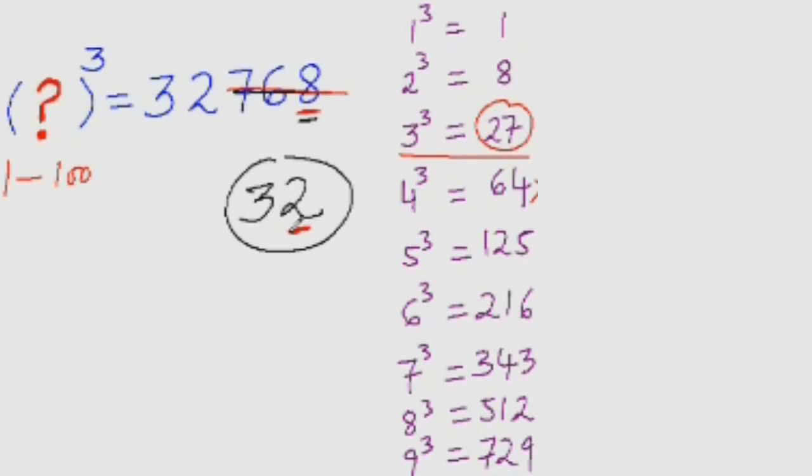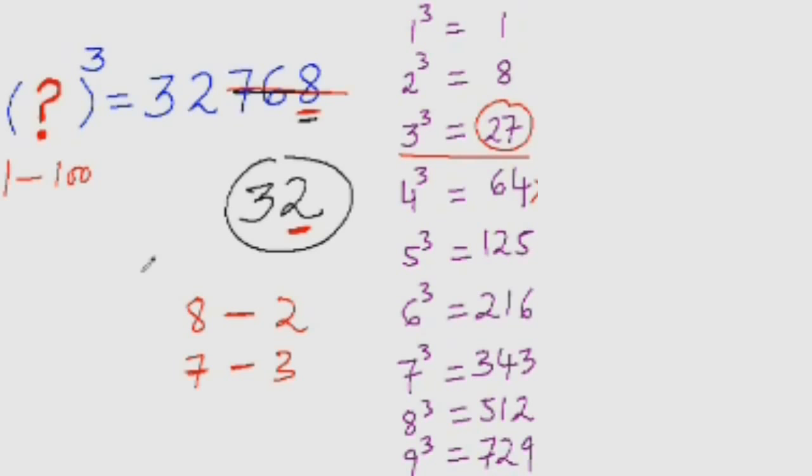Let me add here, if the last digit is 8, I told you to replace it with 2. If the last digit is 8, you replace it with 2. If it's 2, then you replace it with 8. If it's 7, then you replace it with 3, and vice versa. If it's 3, then replace it with 7. These two are known as conjugate pairs. All you need to do to find the conjugate pair of 8 is to subtract it from 10.